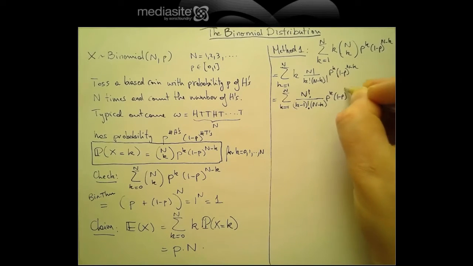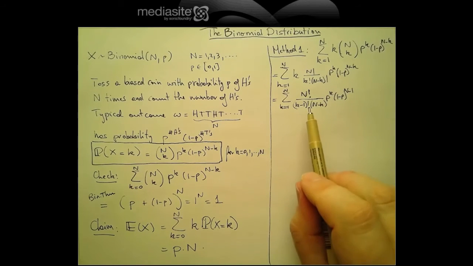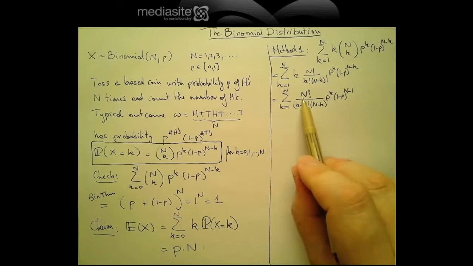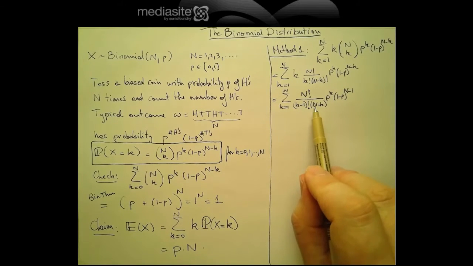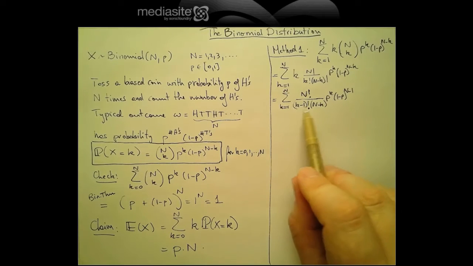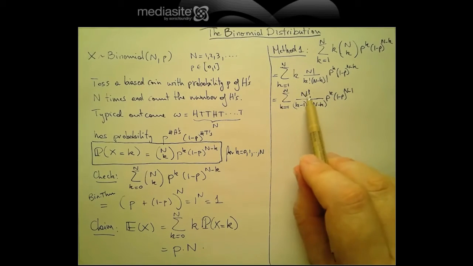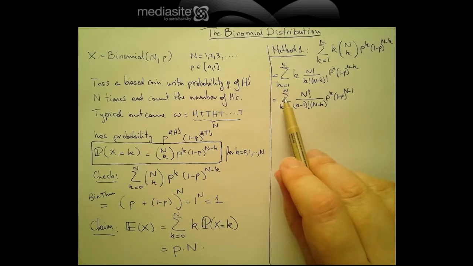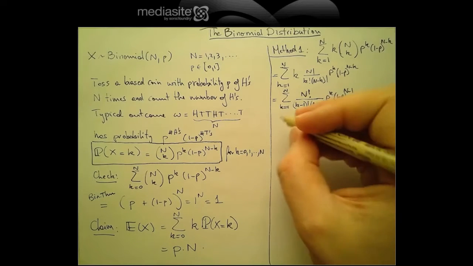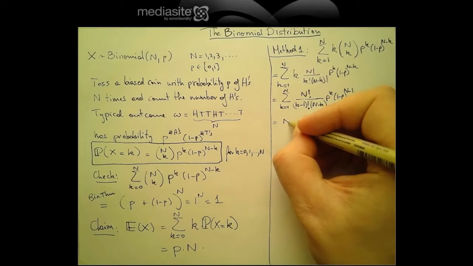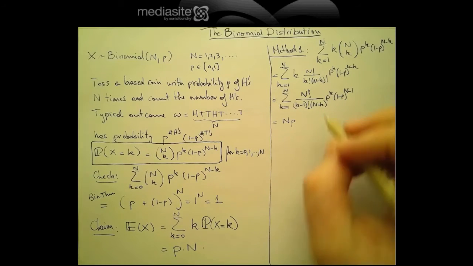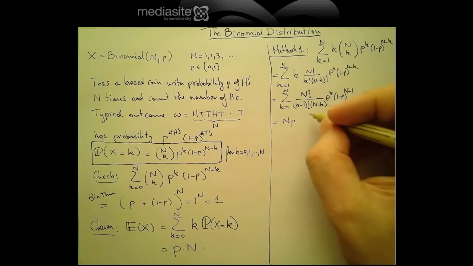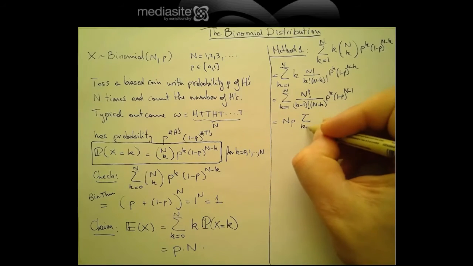And now we see sort of what might happen. We want to rewrite this as a binomial coefficient, but you see the sum k minus 1 plus n minus k is n minus 1. So we'd really want an n minus 1 up there. So we take an n out, right? Take an n out. And while we're doing it, let's take a p out as well, because that's what we're expecting. And so then we have k equal 1 to n